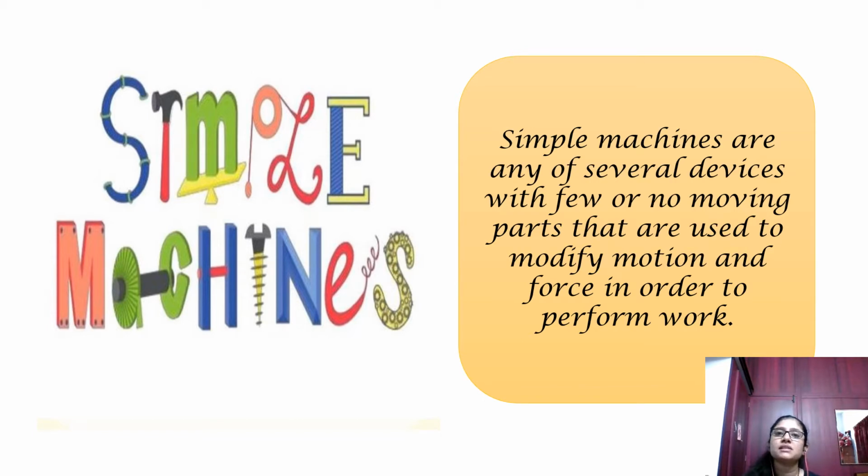Before I start with the classes, I just want you to remember that we started with simple machines. That was the third unit, which comes under how the world works, and you guessed it right, and you also told me some of the machines that we use. Today we are going to see what the different types of simple machines are and what their parts are.